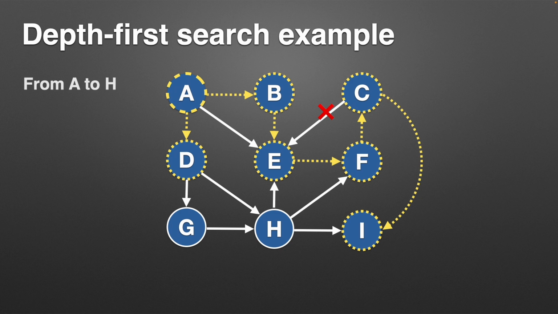And also, if you would have tried E, we've already visited it, so we wouldn't need to go there. But okay, so now we go from A down to D, and now we have two choices here. We'll do the alphabetical thing again, and we'll go to G. From G, we only have one choice, and that's H. And H is what we're looking for in this case. We have this target in mind, so we're done. And we can return the path from A to H.